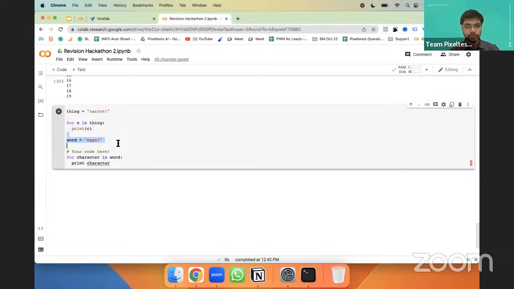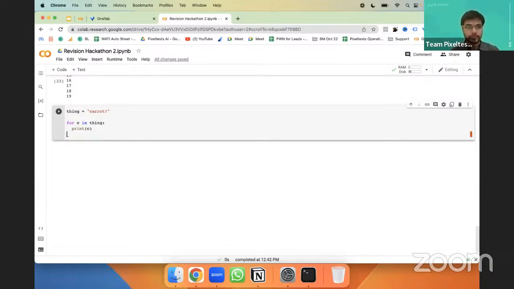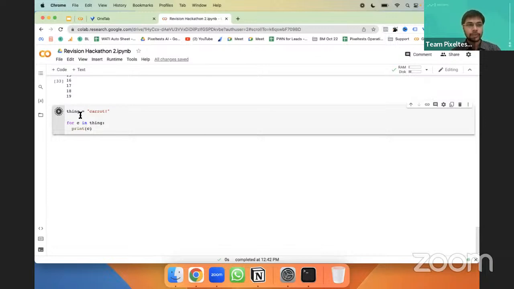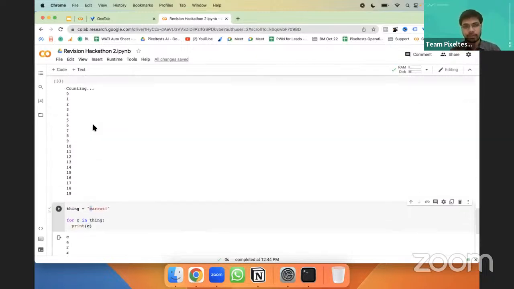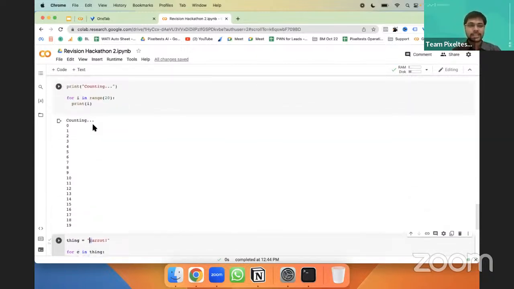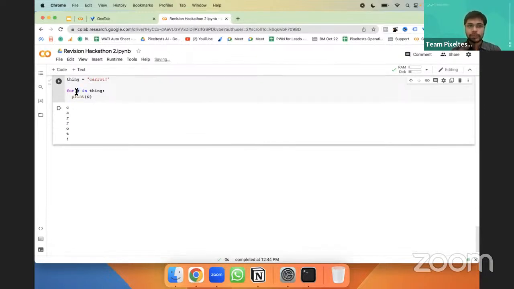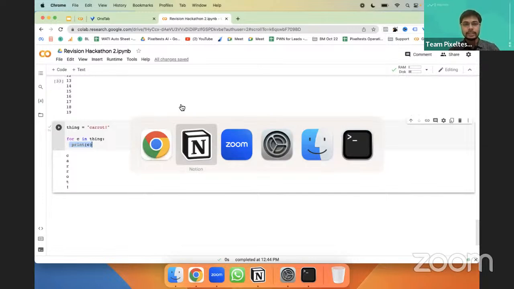Let's print this. It will pick the first index item and print it, then go till the end. So you can use a for loop in combination with strings. The for loop syntax is very simple. You pick up one item from the list or the range, from beginning till end, and then you run a block of code.